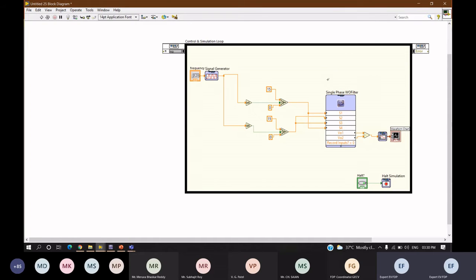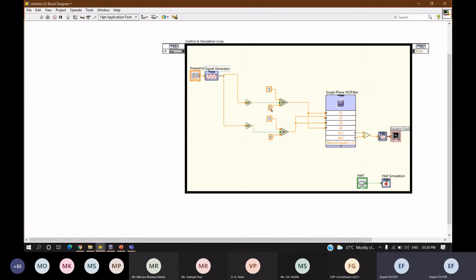So this is the whole code. What I have just done is I have accessed my Multisim model in LabVIEW. And for this model, we just need to provide the input. We have to provide an input for the MOSFET legs. So here I have taken a square signal. Using the square signal, at a particular instance, I'm going to turn on only a single leg pair.